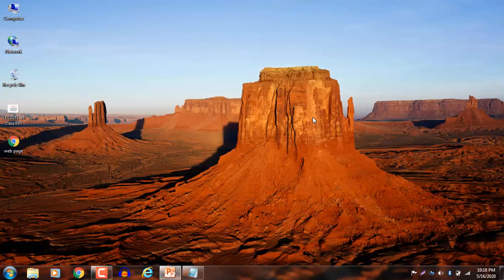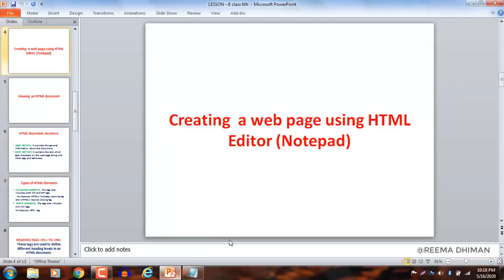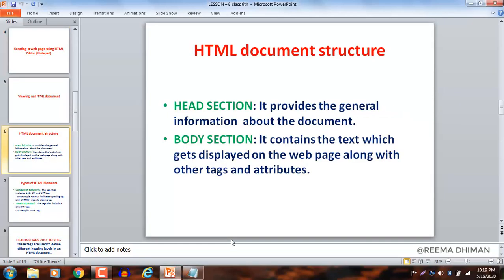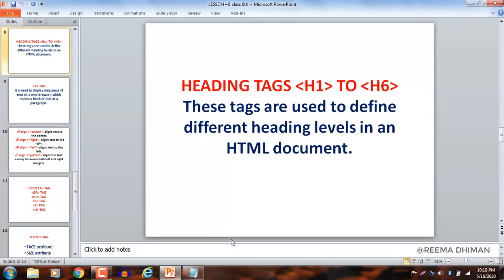There are various tags in HTML. In the coming sections, we will discuss some of the common HTML elements that are frequently used in an HTML document. So the first is heading tags H1 to H6.